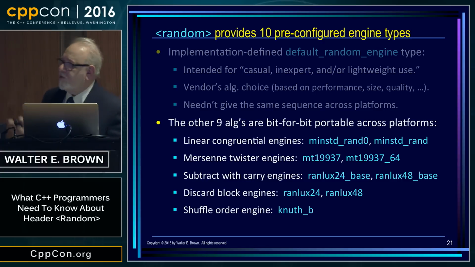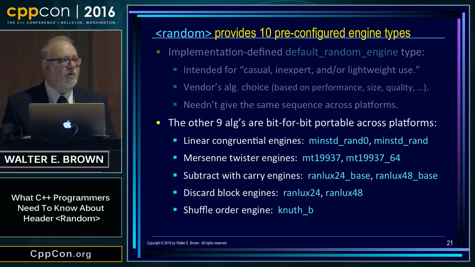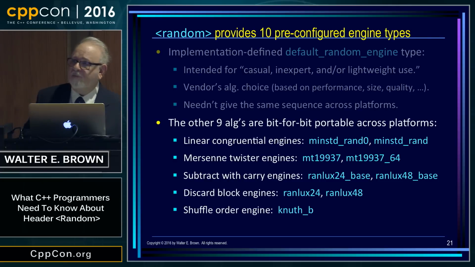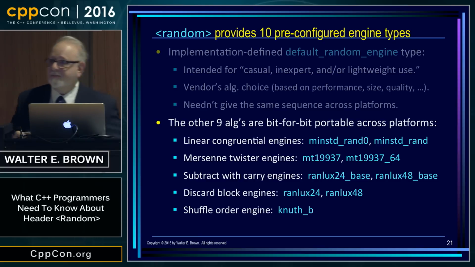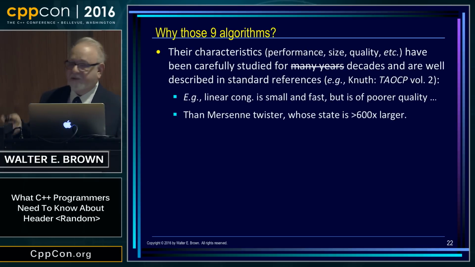Now, I've named them for you here. Don't feel you have to memorize them. I'm also not going to give you a tutorial in what the algorithms are, because there are lots of places where you can look that up. If you're curious about the names, we did not invent these names. They come from the standard literature, except Knuth B, which I had to invent because I didn't know how else to say this is Knuth's algorithm B from his book. Okay? I mean, I think that's kind of an obvious thing. But all the rest come from various places in the literature. Okay? And some are 64-bit, some are 32-bit, et cetera, et cetera.